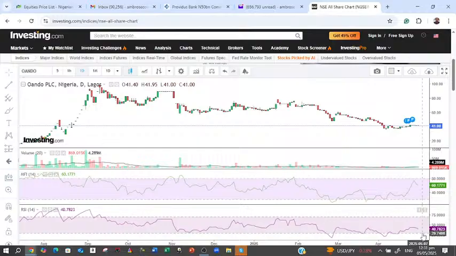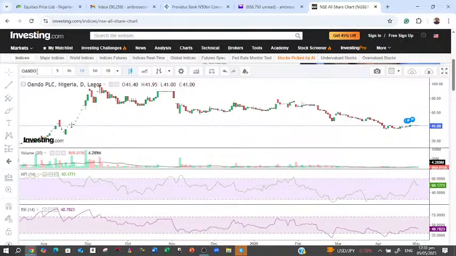But now, if the numbers come at this point, we'll see. He said the results will be in the market between now and the end of May. And the reason why I see that the number is good is that it will become more attractive for you to buy because it's already at oversold region. That will now make the price go up. You must pay attention to see where the stock is before you jump in.